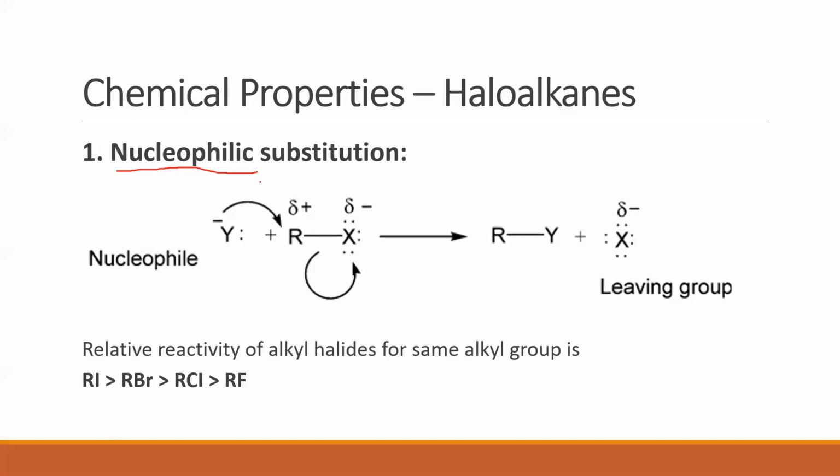This reaction says nucleophilic substitution. Now we have already studied what substitution means. A substitution reaction is a reaction where, during the course of the reaction, if somebody goes out, in place of that person, somebody else comes in. If an atom X goes out, in place of X, Y comes in. So this is what is called a substitution reaction. So nucleophilic substitution means it has to do something with substitution by a nucleophile.